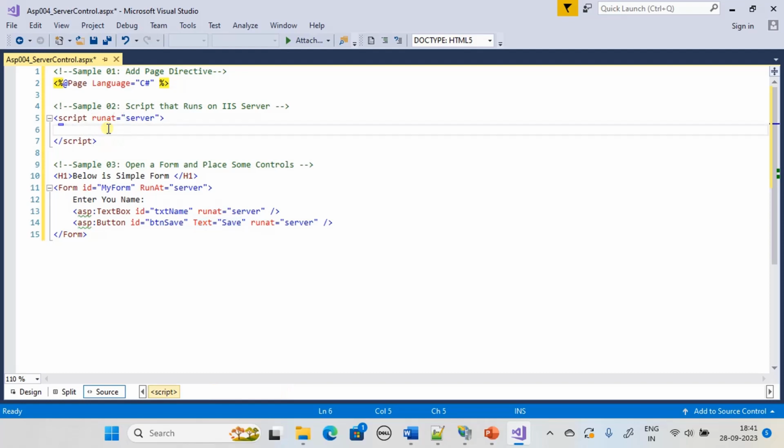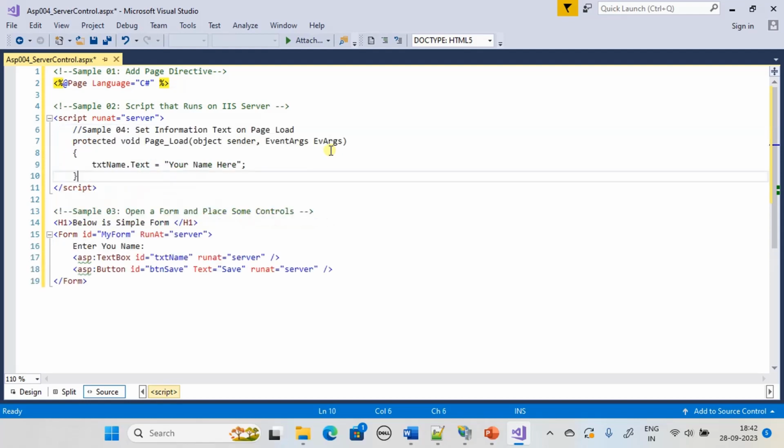So inside the script you can write the code. Here if you see, we placed the Page_Load, protected void Page_Load, and we are accessing our text. So this is the text box, right? Based on the ID, we are accessing the text box name, txtName, and accessing the property Text